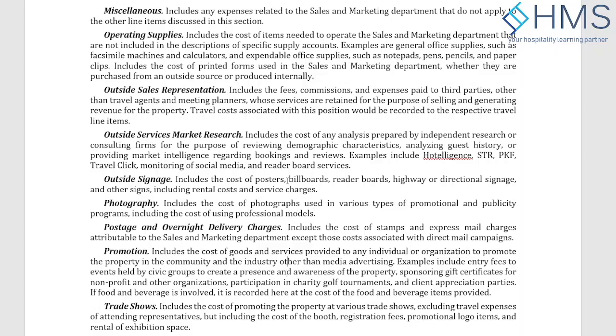Then you have photography, where hotels usually hire professional photographers. The cost will also include their traveling. If you are hiring any professional photographer or crew from overseas, the cost of the models if they hire a new model, if they bring drones and equipment, the cost of transportation, and the professional fee that you are paying the photographer will also be included in this line. So all the cost related with the photography will be in this line.